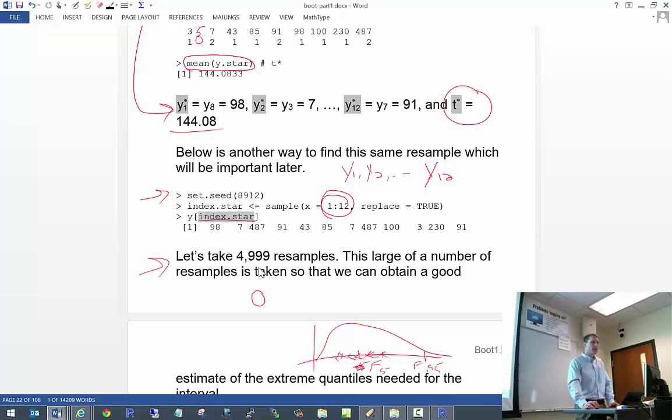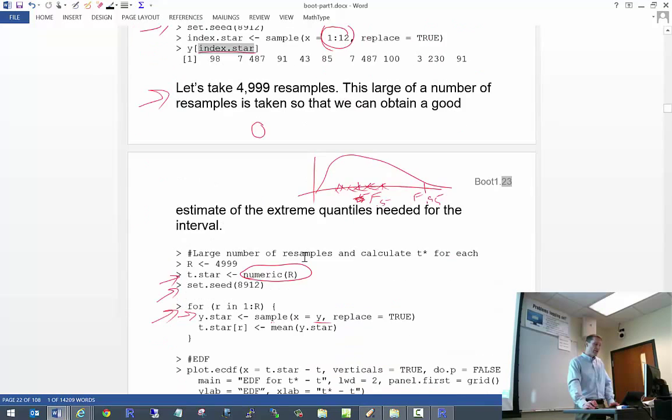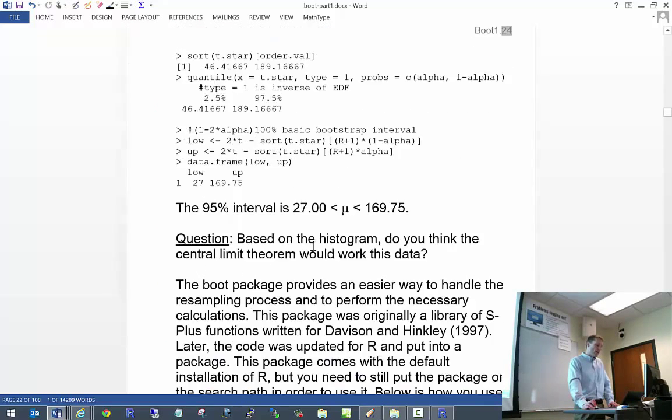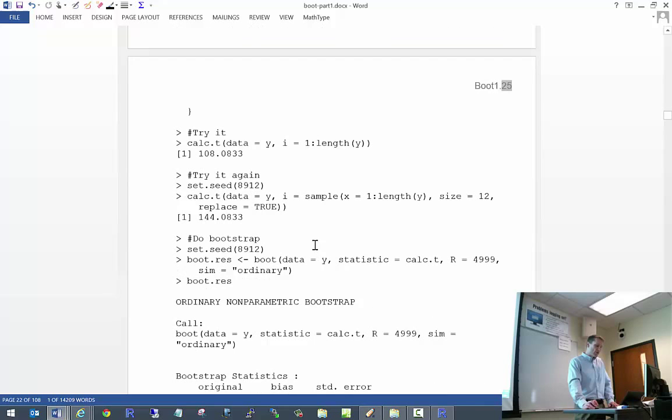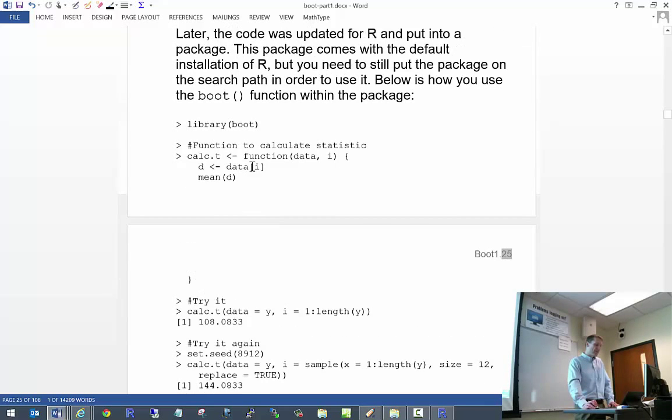Any questions? Okay. So at that time when I introduced that to you, I said, well, this is actually how the boot function works. So as a second argument, the boot function always passes in a vector of indices to use so that you can obtain the resample or resamples. I use the letter I. I could have used a different word there or letter. It just makes sense to do that. So that then,